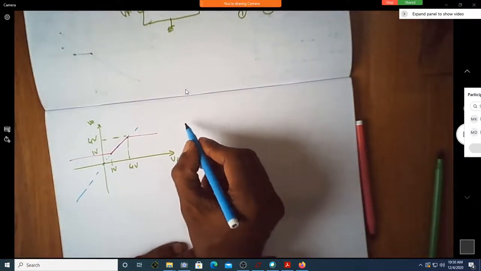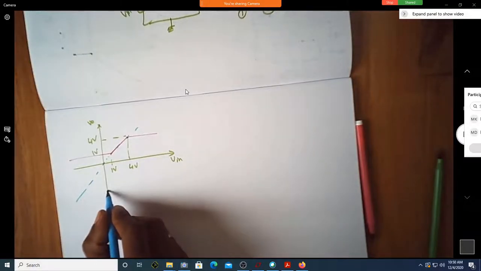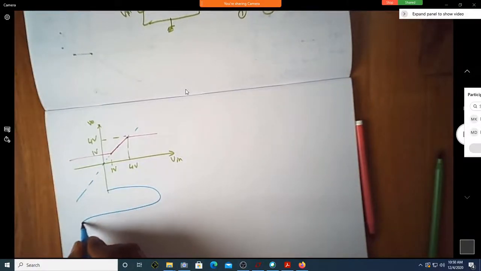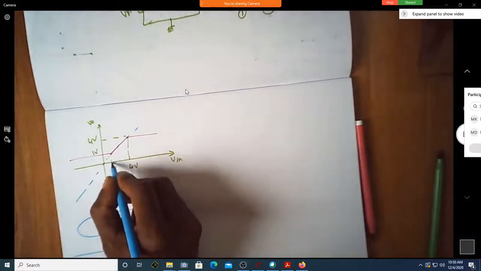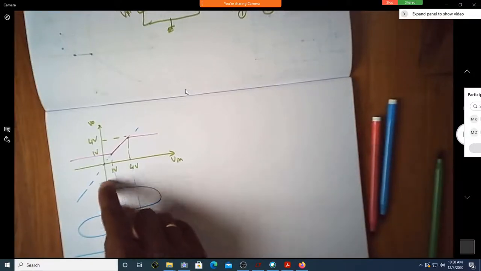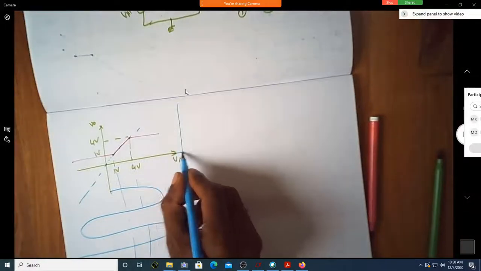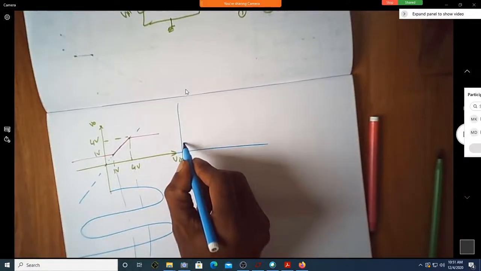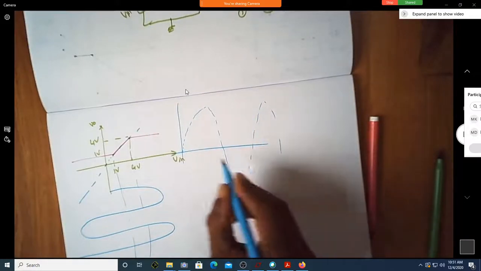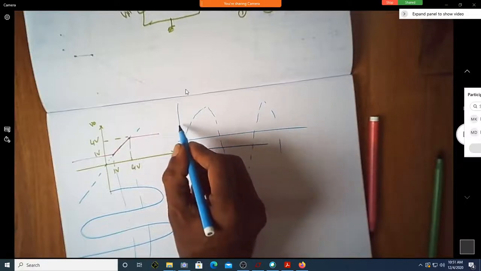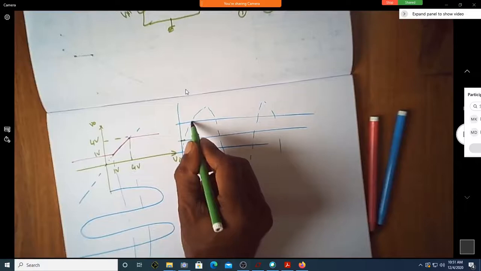The equivalent waveform of this would look like this. Suppose this is my input waveform, which is going from some positive to negative voltage. I want to have these as my reference points. This is my input waveform that I have applied. I have a reference voltage, one at 1 volt, the other at 4 volt. I have to get an output waveform which is